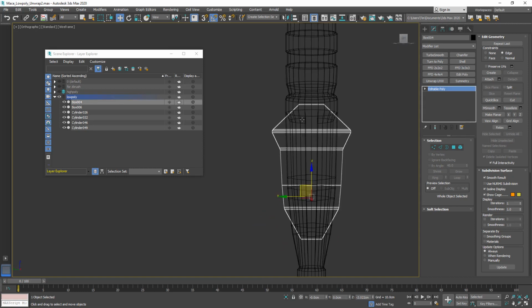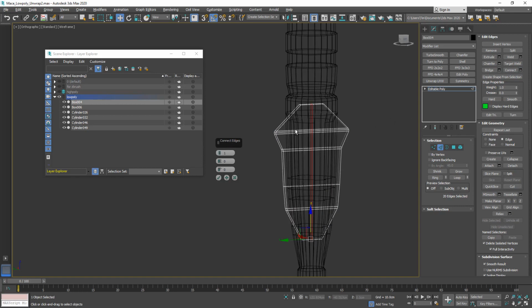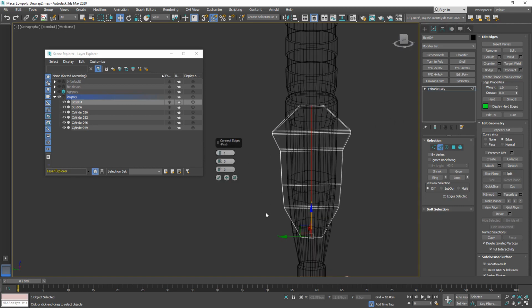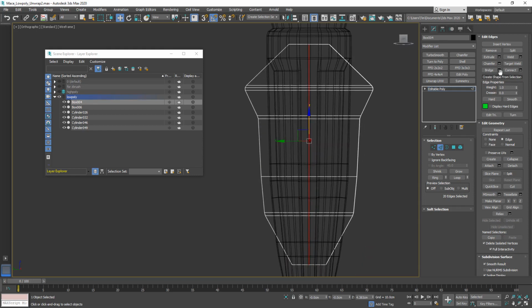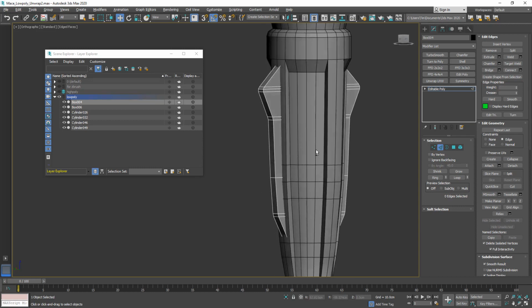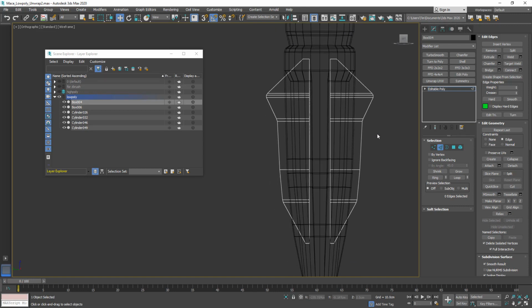So now let's also take this piece here and take care of it. First of all, I'm gonna have an edge selection. Let's bring up our connect dialog here, and let's have one line going through it. Let's confirm this. And now let's chamfer this line here. And with this width, let's just select the inside and delete it, because that's going to be unnecessary texture space